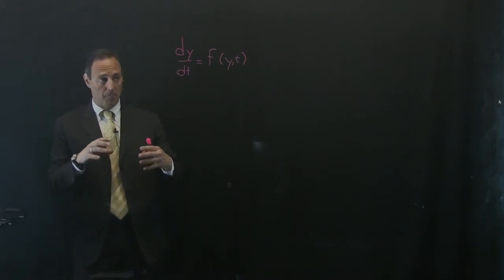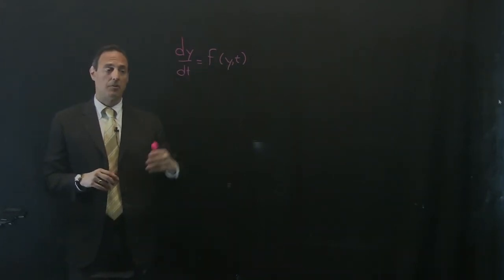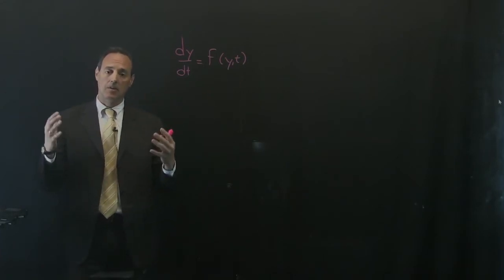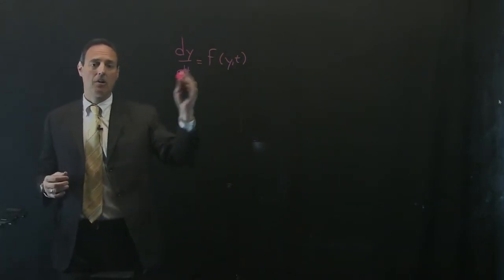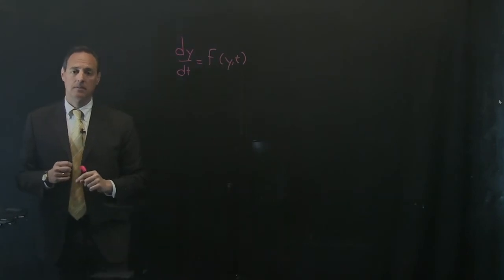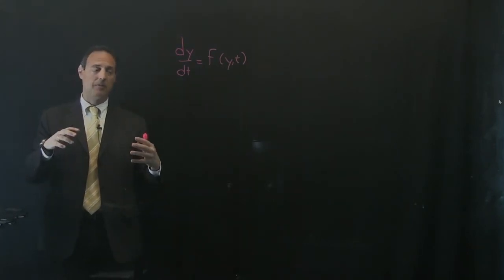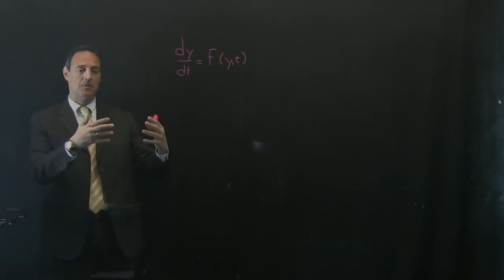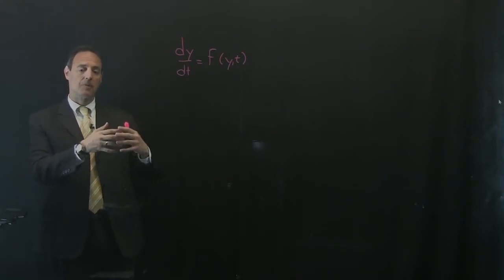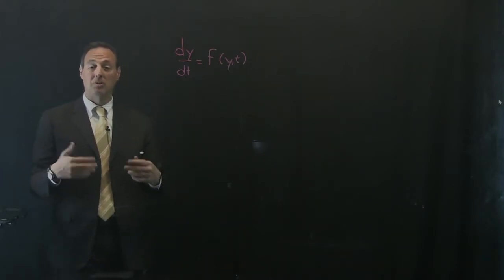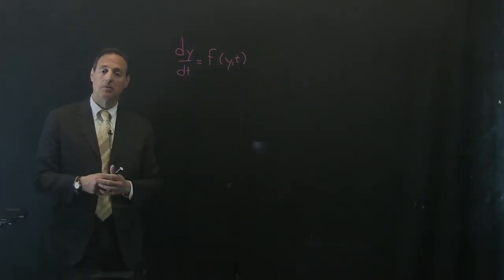But either way, I'm going to have time series data for some vector y as a function of time. And the whole idea here is I don't know what f is. So what I would like to do is come up with an algorithmic way to determine or back out the most likely f possible that would come